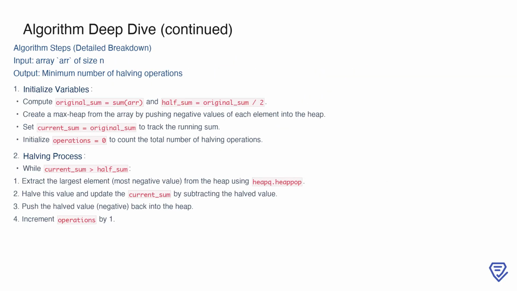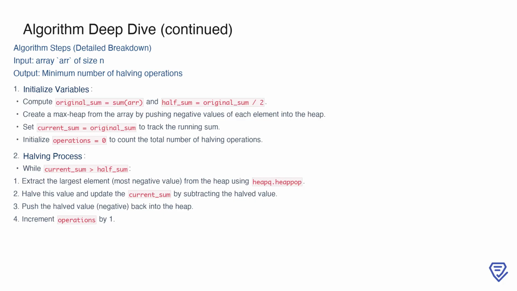Let's break the algorithm into detailed steps. First, we initialize our variables. We calculate the original sum of the array, which we'll call original_sum, and determine the target half_sum by dividing original_sum by 2. We then create a max heap by pushing the negative values of the array elements into it. This ensures the largest original value is always at the top of the heap. We also initialize current_sum to keep track of the running sum and set operations to 0 to count the number of halving steps performed. The main halving process begins with a loop that continues as long as current_sum is greater